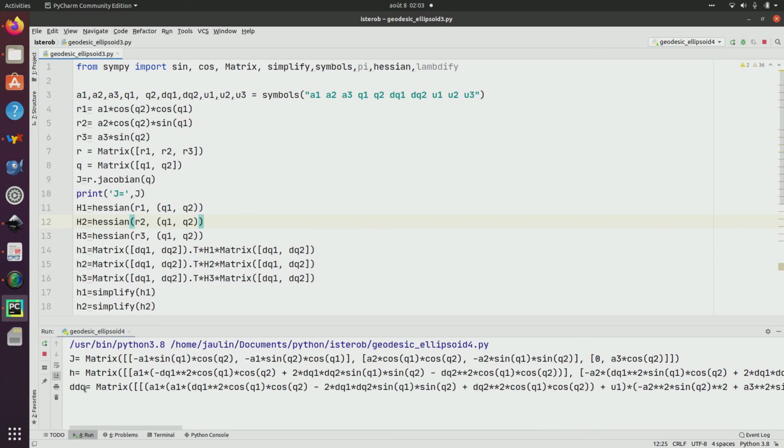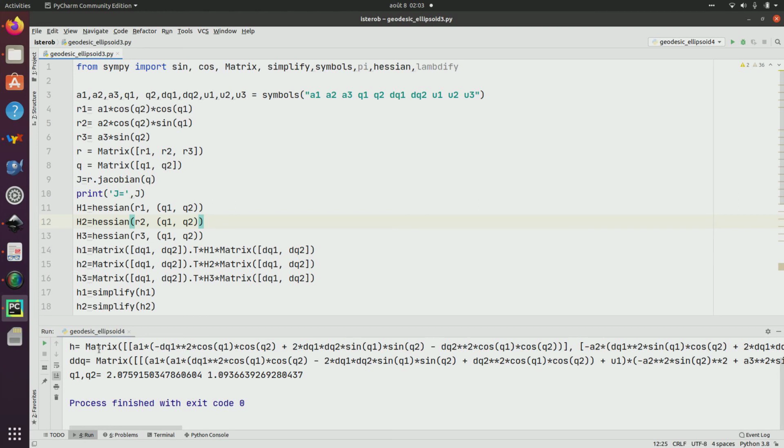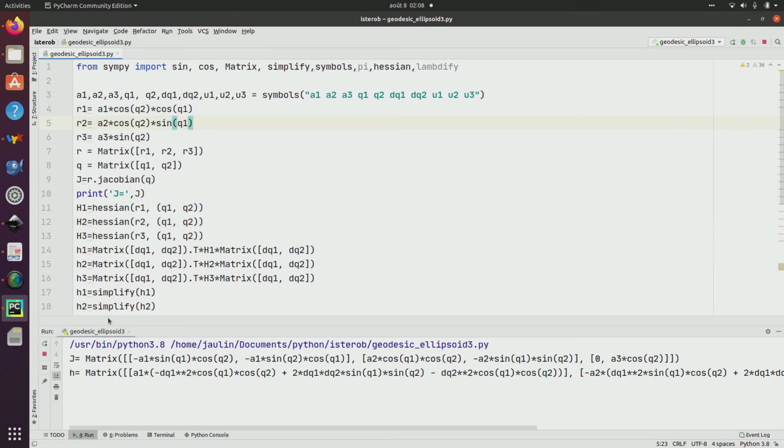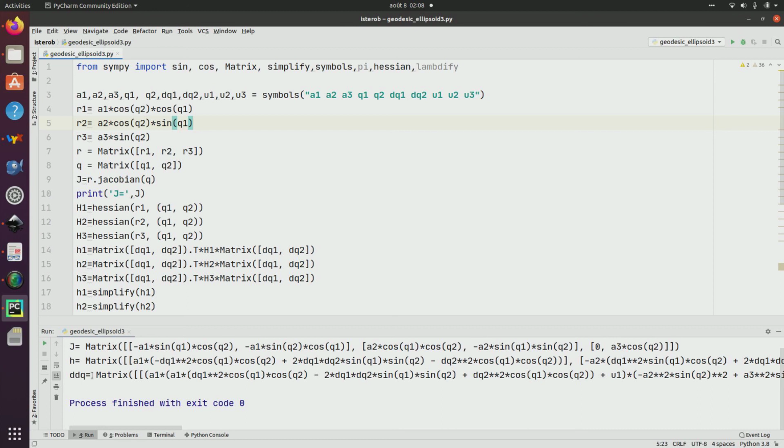For the last one it takes more time, probably due to the simplification. After a while, I obtain an expression for the second derivative of q, which gives me the differential equation to integrate. Now what I want to do, as required in the exercise,